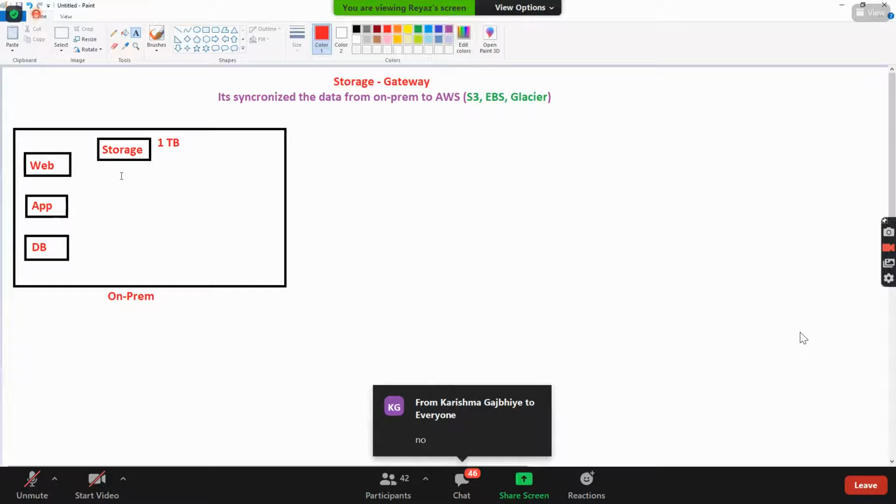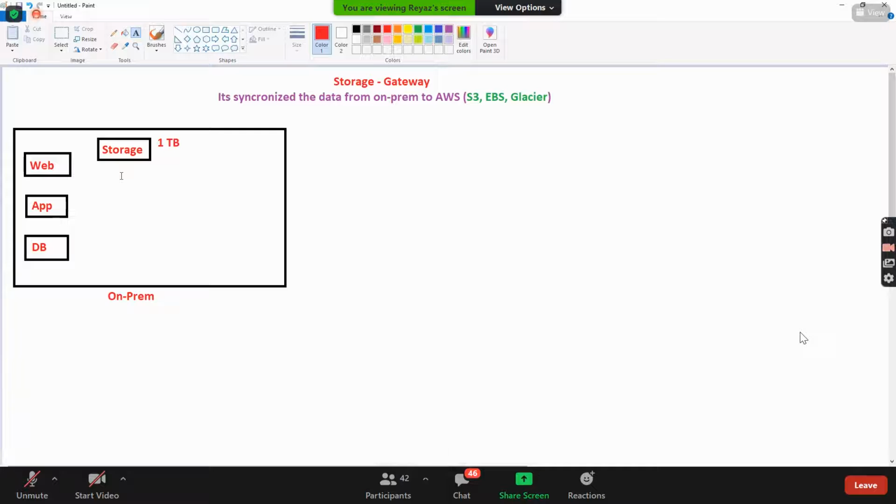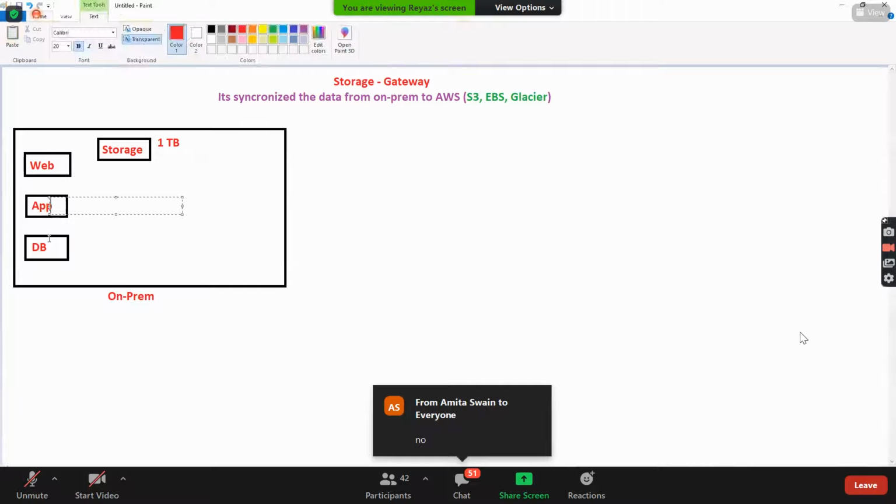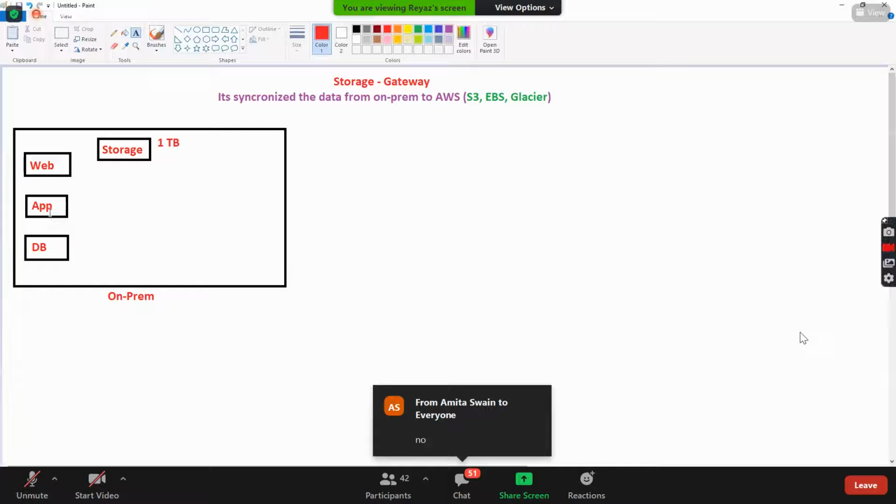Instead of purchasing the new storage, what would it be like, guys, is it possible to add an S3 bucket as a mount point to the EC2 instance or any server? No, S3 is used just to store the data. But how would it be for all your machines in your on-premises?